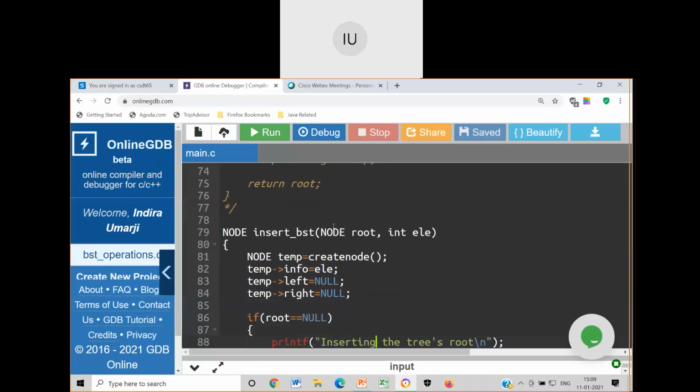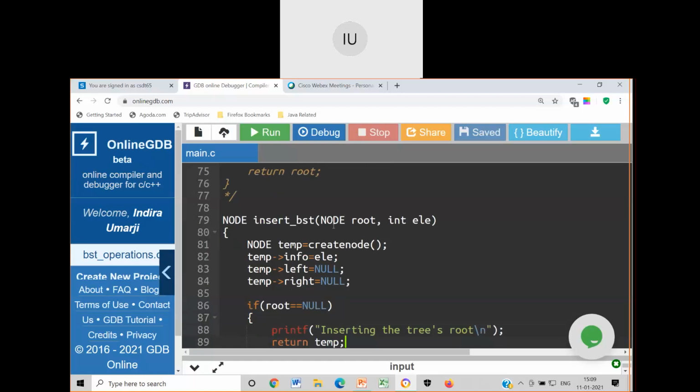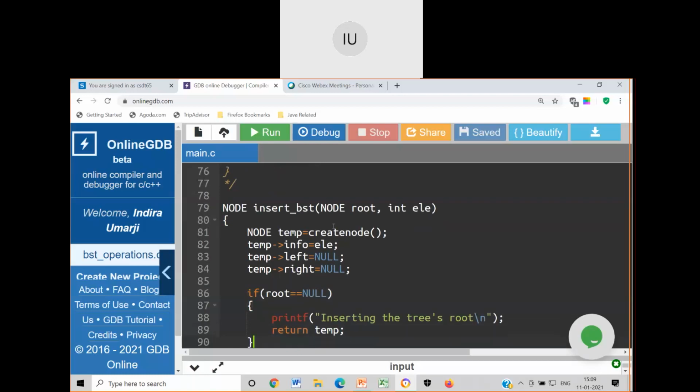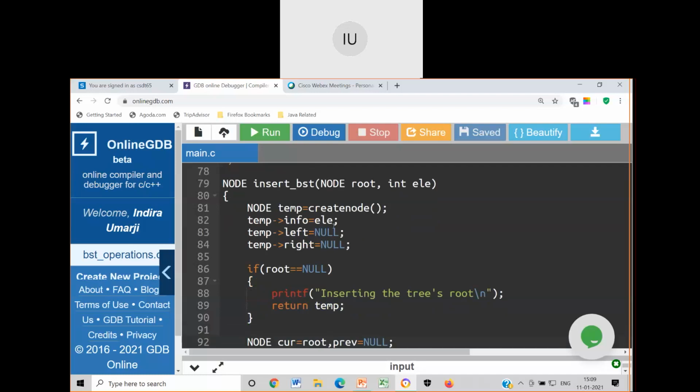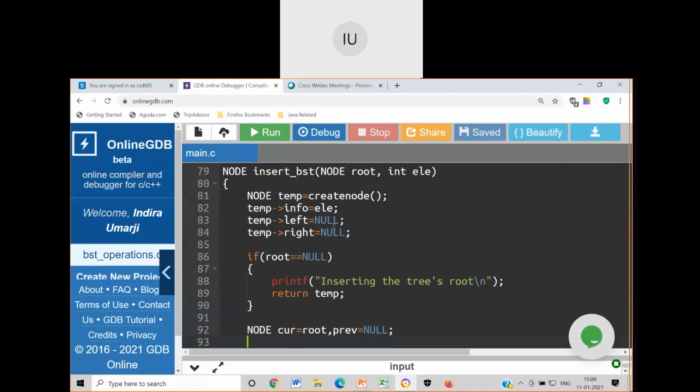Then the base condition, whether root is null. If so, I am trying to insert the tree's root, and I will return the temp. It means I am returning the address of the temporary node as the new root node. And in the main, who is receiving back? Receiving back is root. Then I have node current equal to root, previous is equal to null.